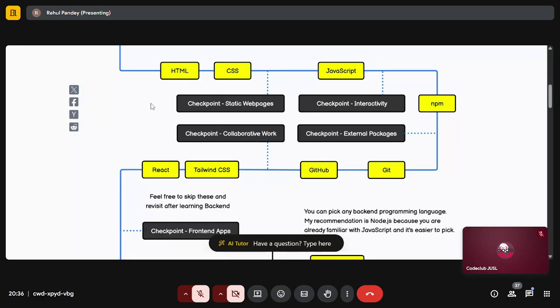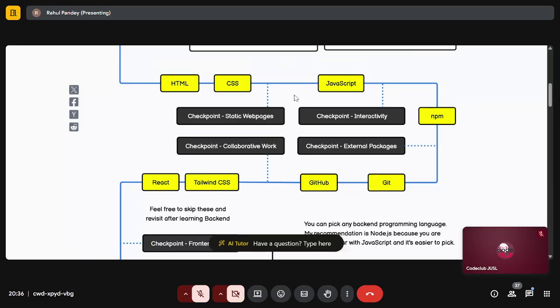It's really nice. Usually, you'd start with HTML, CSS, hypertext markup language, and cascading style sheets. Once you're comfortable with these, you can move on to JavaScript. And one thing that I'd like to say is that you'll never completely master any language. So if you think you'll learn every single thing about JavaScript before moving on to, let's say, Git or GitHub, that won't happen. If you're at a level where you can build websites and add some interactivity to your website with JavaScript, then you can consider moving forward.